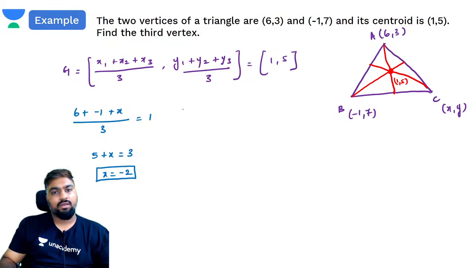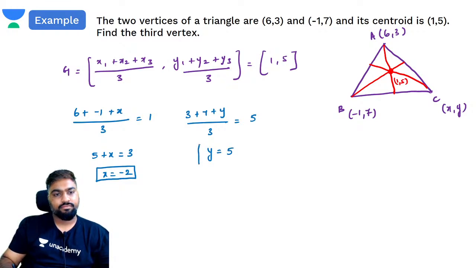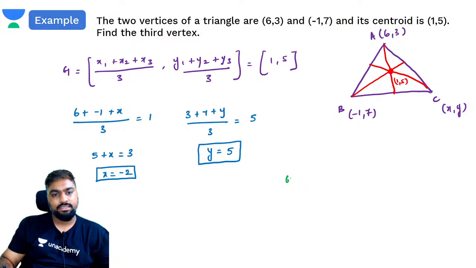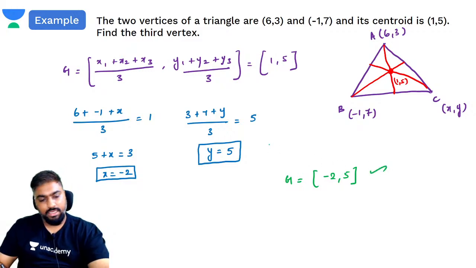Same way for y क्या होगा? y1 which is 3 plus 7 plus y by 3 should be equal to 5, or y should be equal to 15 minus 10, 5. So what is the coordinate of your centroid? क्योंकि यहाँ पे centroid है, it's easy. Coordinate of the centroid is what? -2, 5. Yes,